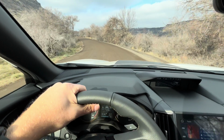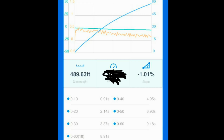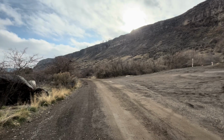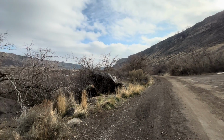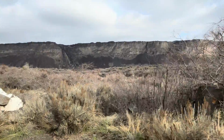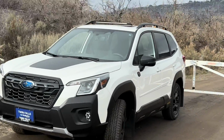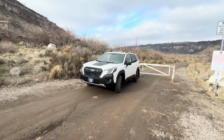So today you can expect to see a walk around, all the specs, initial driving impressions, 0 to 60 on GPS, and then my final thoughts to help you decide if you should consider buying the end of the 5th generation Subaru Forester, or if you want to be one of the early adopters of the new generation coming out next year. Big thanks to Twin Falls Subaru for letting me borrow theirs for the day, and let's dive right